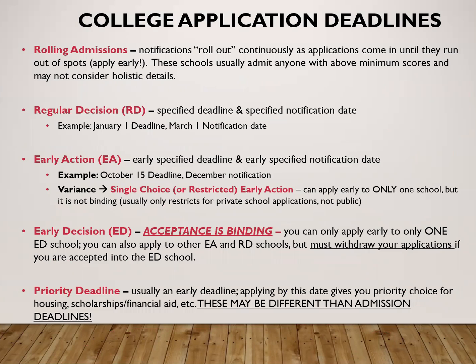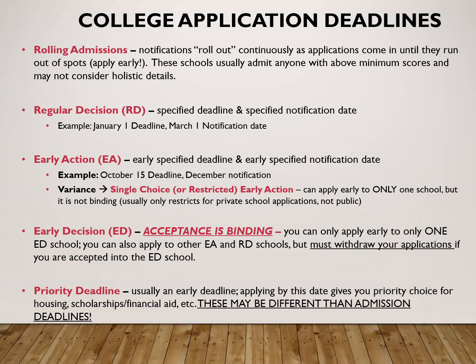You're going to hear a term possibly, rolling admissions. Rolling admissions schools are those types of schools who roll out the admissions decisions as applications come in. So it's a continuous process. So let's say you apply in August, you may hear in a couple weeks the result. Your friend may apply in September and they may hear the first week of October. So as the applications come in, they just go ahead and give answers immediately as soon as they get things processed, okay? They will continue to roll out those decisions until they have filled their freshman class.